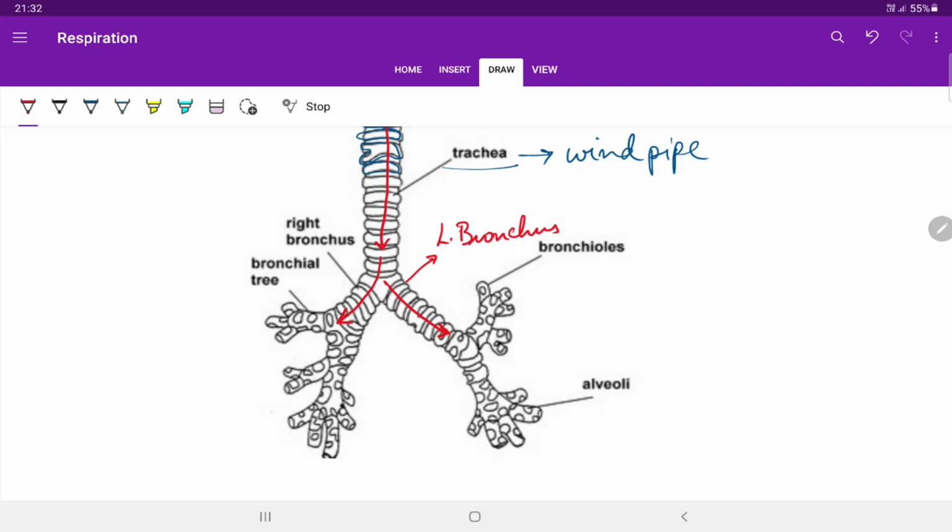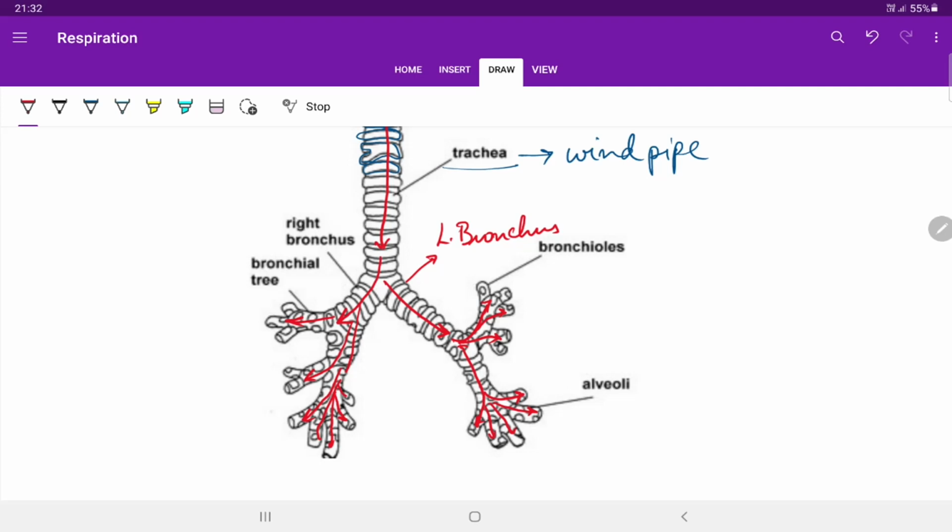Further, the bronchi are divided into many small and extensive branches. These branches are called bronchioles. Thus, the air passes through each and every bronchiole in sufficient volume, so that the gas exchange will be at